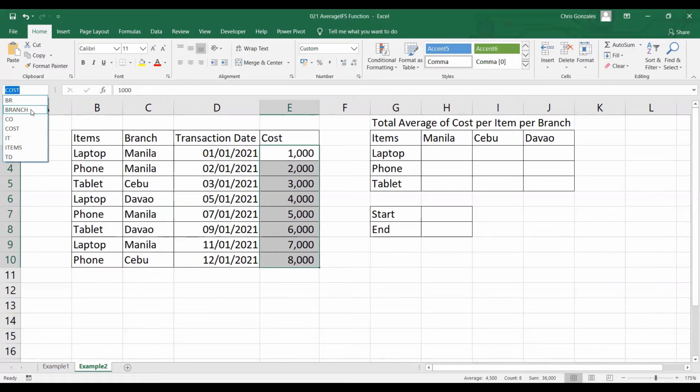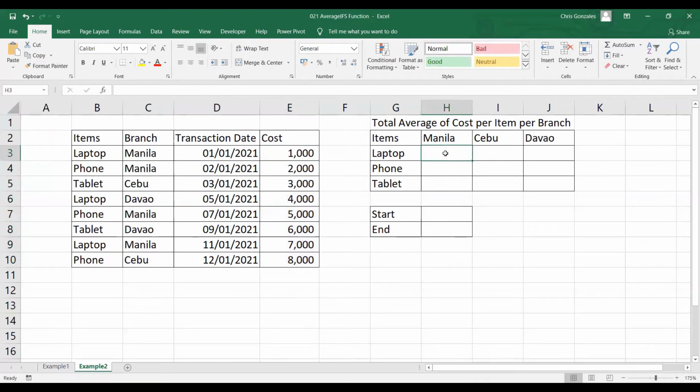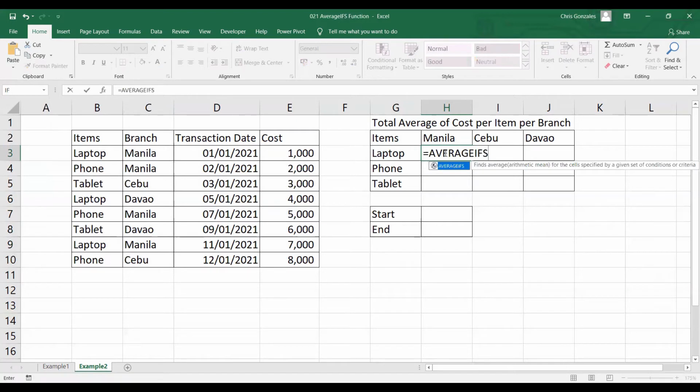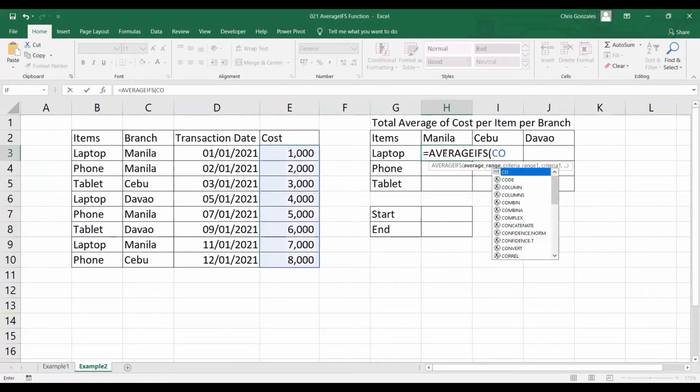We cannot repeat the names in the same worksheet. That's why I'm using different names: BR, CO, IT, and TD. Now, to start with, the formula is equal to AVERAGEIFS, open parenthesis. For the average range, that is CO, comma, criteria range, we need